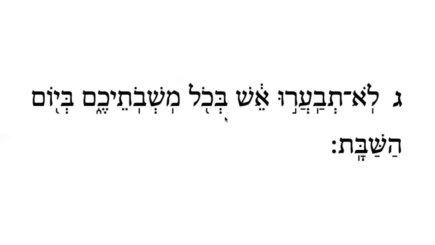Bechol. So this is in all, and this is a mem with a cholam, and this is a shin with a shva. So this is mo, and this shva is going to be silent. So it's mosh, mosh, and then this is a vet. Wait, hold on. No, this is not silent. This is going to be pronounced. I'm sorry. After a cholam, the shva is pronounced. So this is Moshe,